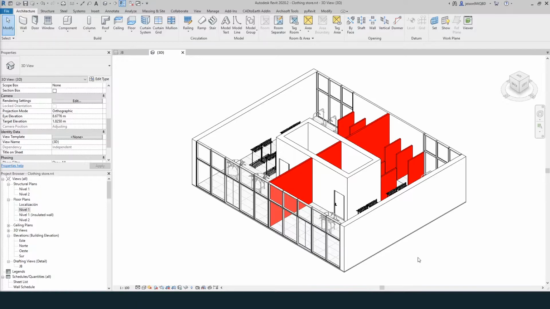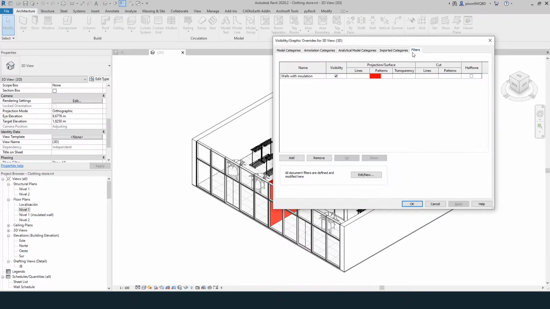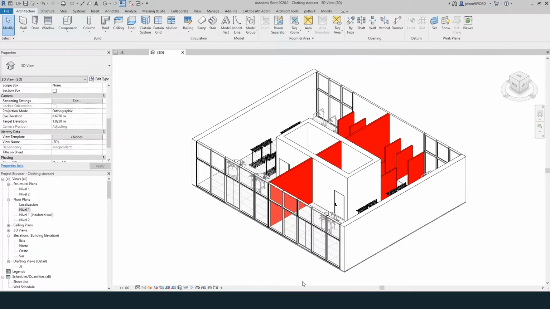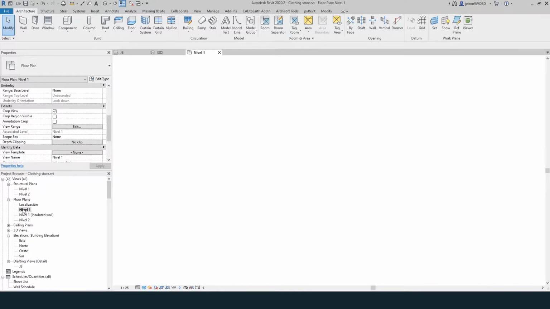In this example, there is a 3D view that has a filter applied for the wall category. This filter is highlighting the walls that contain an installation. For this exercise, I'm going to create a filter to change the representation of the structural walls in the example